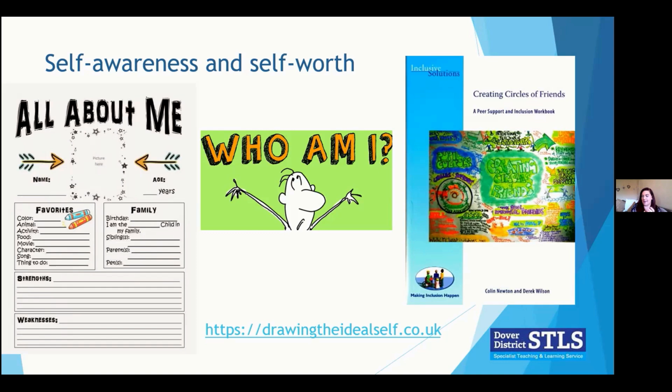Where would they be? You can make it as elaborate or as basic as you need it to be. And then you're going to identify somebody on a separate piece of paper that is someone they wouldn't like to be. And again, add the bag. What would their bag look like? So it might be a really, really heavy bag or a dirty bag.